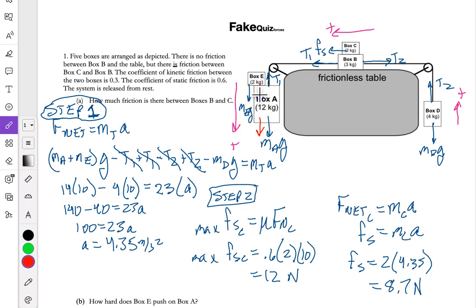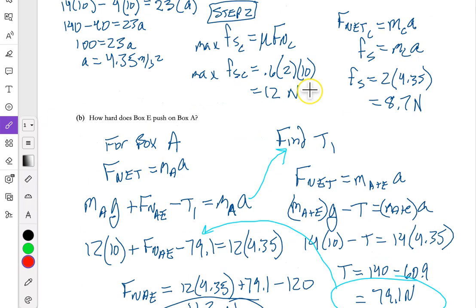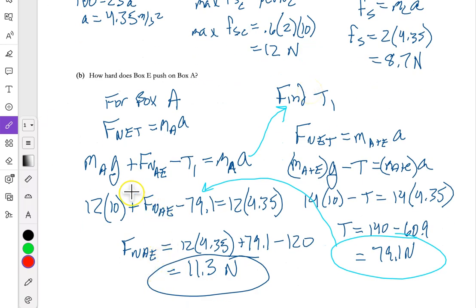So it's actually right there. So there's a normal force from E on A. That's also pointing in that same direction. And then I subtract from that T1, and I'm going to then say that's equal to the mass of A times its acceleration. So at this point, I need to find out what T1 is, but I can do that